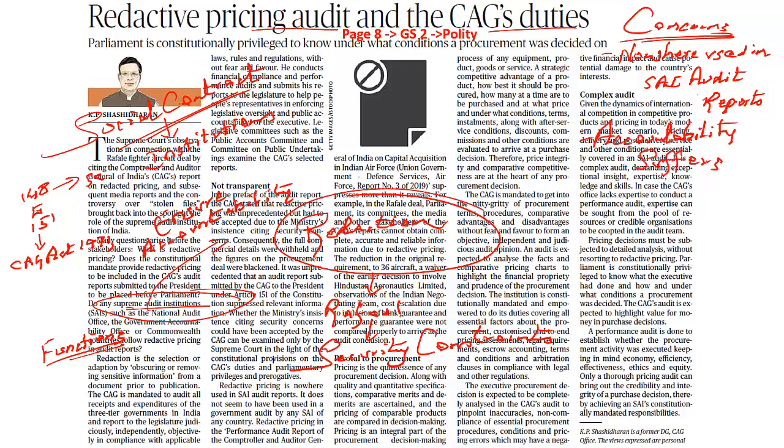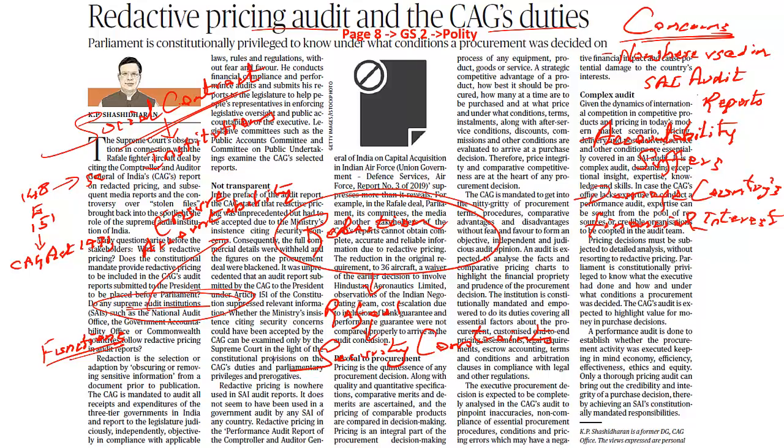The CAG also has a major function of pinpointing inaccuracies. In case there is non-compliance with respect to the financial rules, it also will have to lay it in the report. In case it is not laying this particular parameter in the report, what it means is we will incur a negative financial impact, and this can cause grave damage to the country's interests.